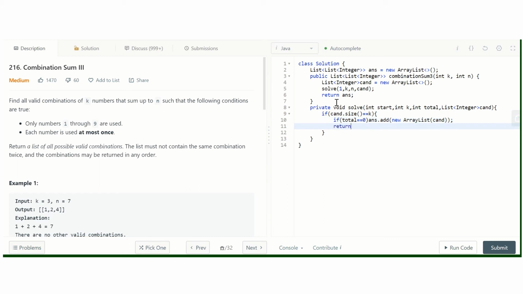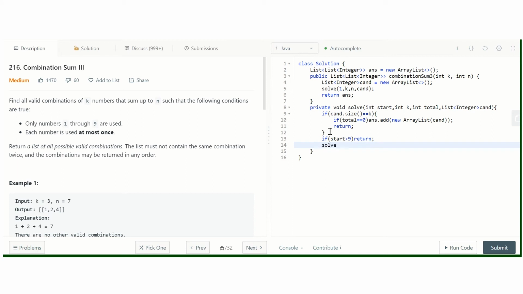Otherwise we simply return. If this is not the case, then we check if start is greater than 9, and then we simply return.